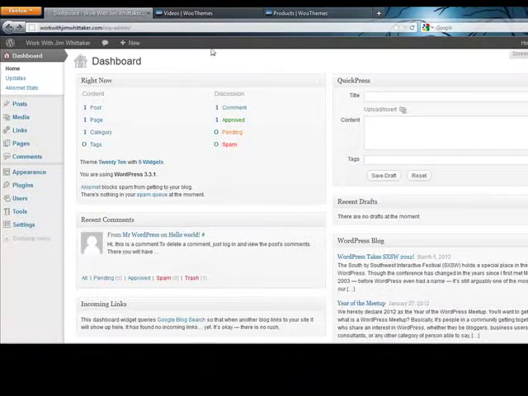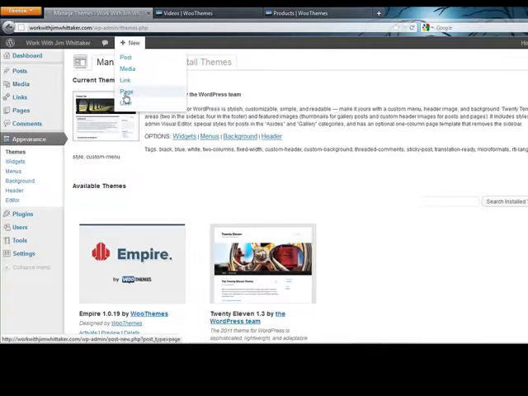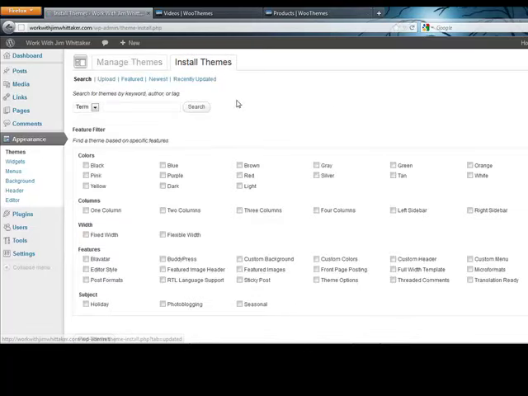So let's go back to our website. Now we're in the dashboard. And to load this theme in, we go to Appearance and then click on Themes. You're going to come up with this screen right here, where you're going to probably have the 2010 theme installed automatically by WordPress on your blog. But what we want to do is install a new theme. So we go up to Install Themes, and we're going to go over to the first button after search. It says Upload,